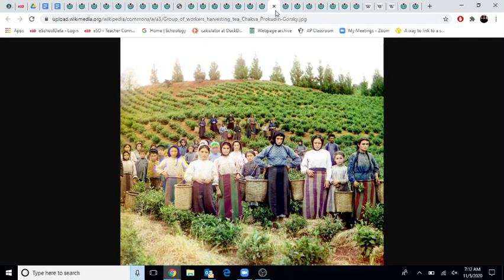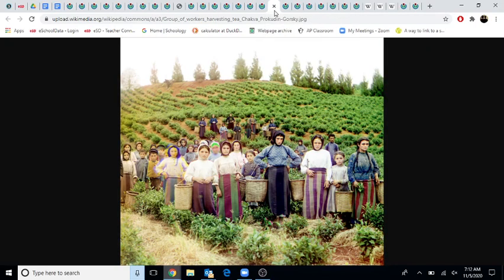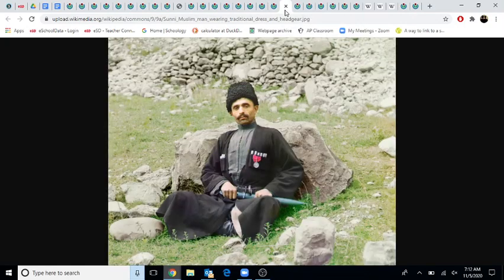There are Greeks in what's now Ukraine. Here harvesting tea. Notice a somewhat different manner of dress. It's not obvious to a newbie like me who doesn't really understand these sorts of things, but you can tell it's different. By the way, you can see that this color photography method involved putting one color on top of the other, because here's one area where the color didn't do right. Interesting little aside there. And here's a Muslim man from the Caucasus who looks very different from the other Muslims we've seen, and probably can't understand a word they're saying because he speaks something like Chechen as a language.